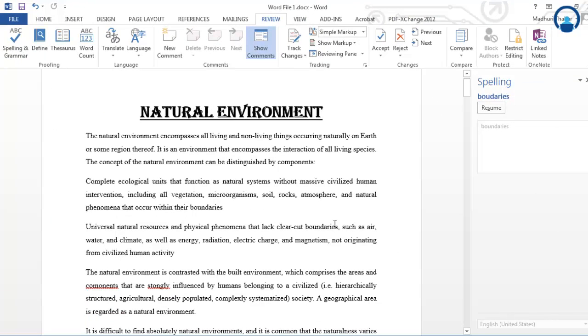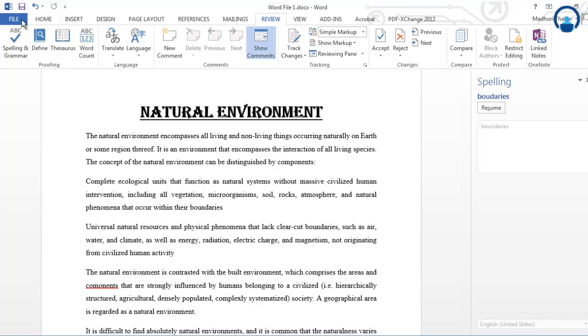Now, if there is some mistake in a particular line, it shows a green line, which shows that you have made a sentence error or a spelling error. For that, you can again right-click and it will show you the same kind of suggestions as it shows for the spelling mistakes, and you can select the correction for the particular sentence accordingly. So this is the spelling and grammar feature you can see in the Review tab.